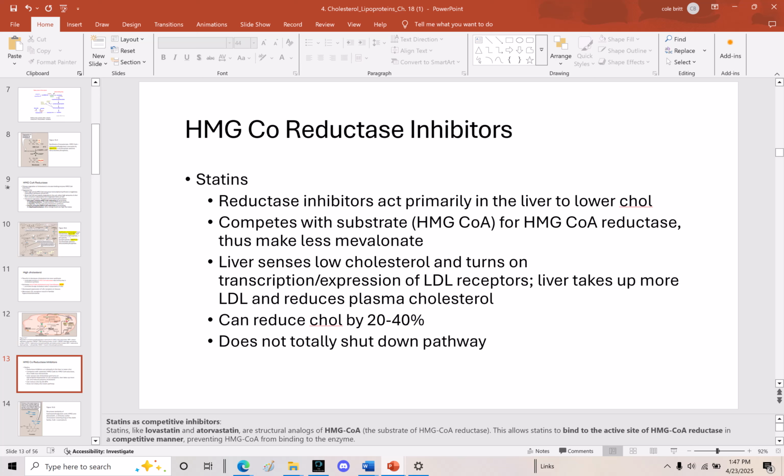However, it only reduces cholesterol about 20 to 40%, so it doesn't totally shut down the pathway, but it will decrease the amount of mevalonate. The liver will also do a few things in order to try to compensate. So if the liver senses low cholesterol,